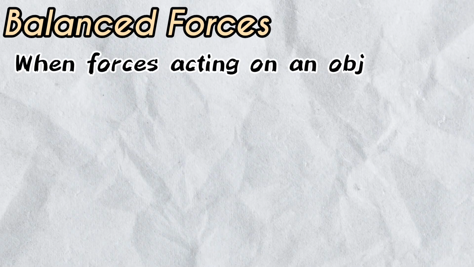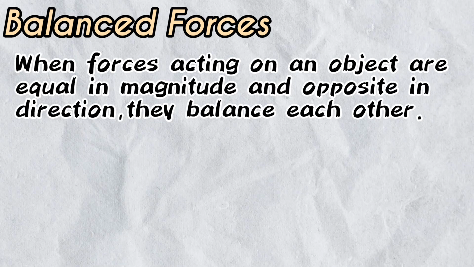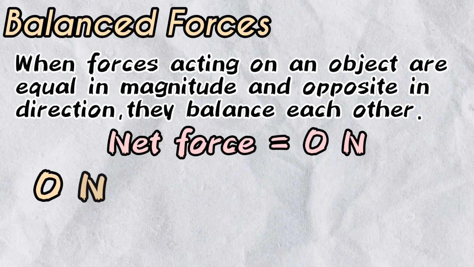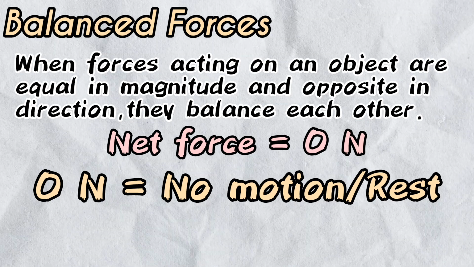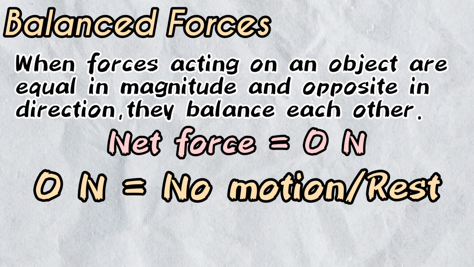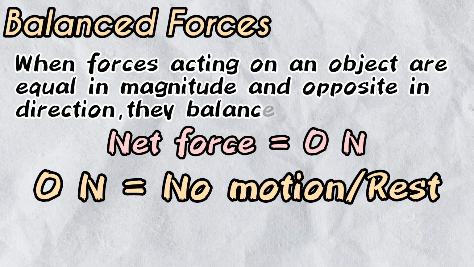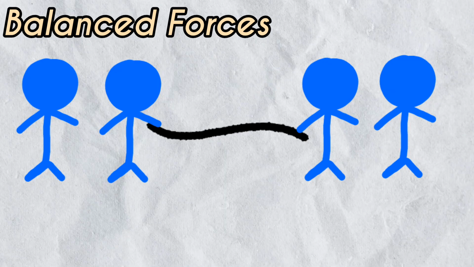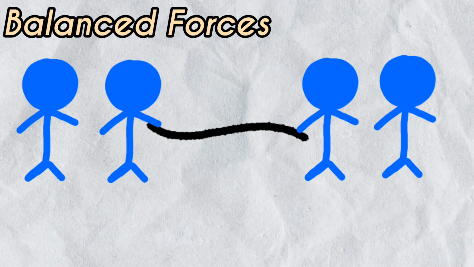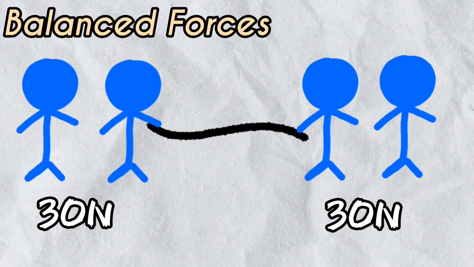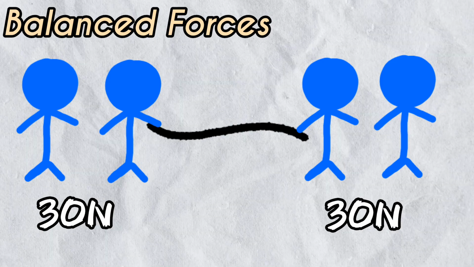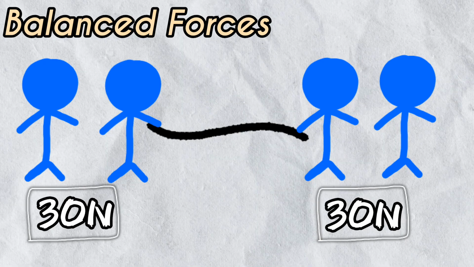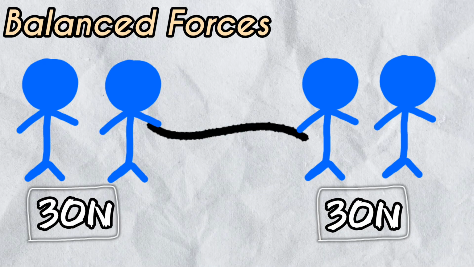When forces acting on an object are equal in magnitude and opposite in direction, they balance each other. The net force is zero and there's no change in motion. Let's understand this thing in a very simple way. So I'm going to take the example of tug of war. Let's say both the teams in this case are applying equal magnitude of force, which is 30 newtons. Here we can notice two things. First is that both the teams are applying equal magnitude of force, and second, that they are applying a force